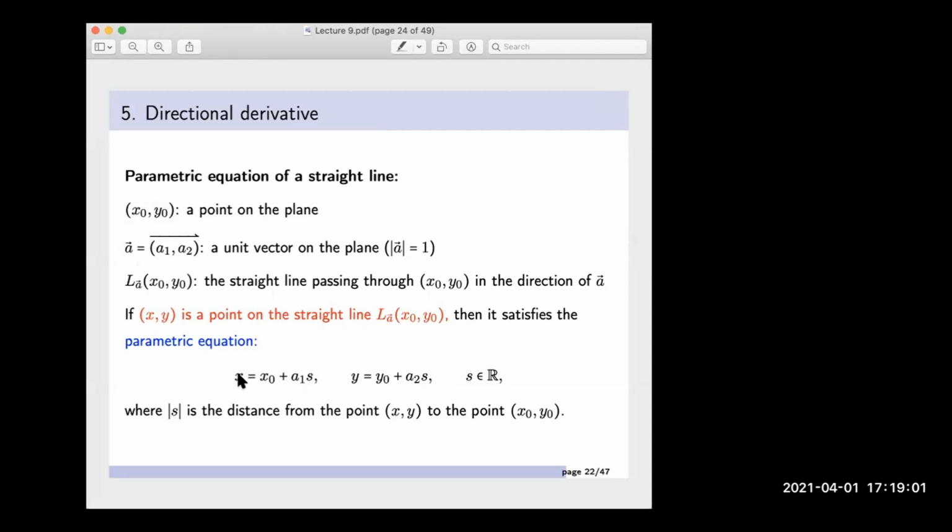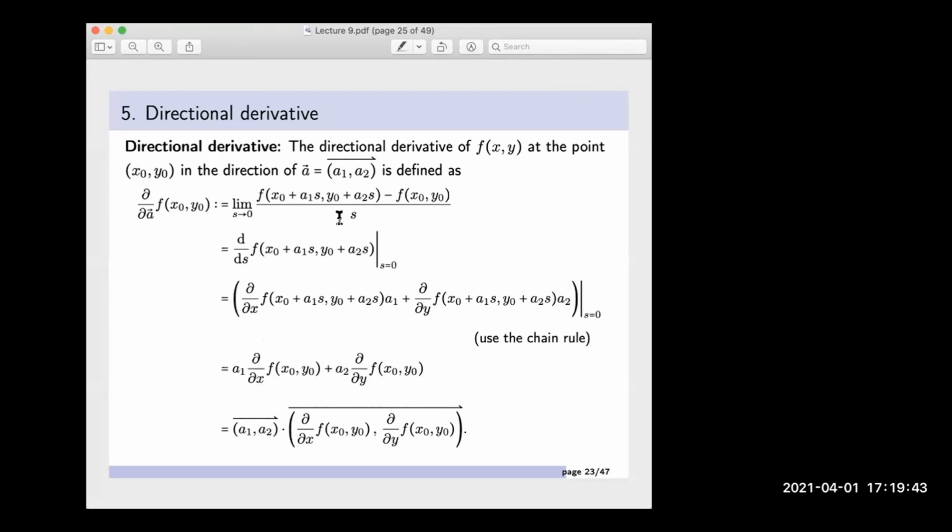So for any given point x0, y0, and a given direction a, all the points on the straight line passing through this point in the direction of a can be written as these two equations, because the points on this straight line all satisfy this equation with some number s representing the distance between the two points. Okay. So once you have this equation describing the straight line in the given direction a passing through a given point,